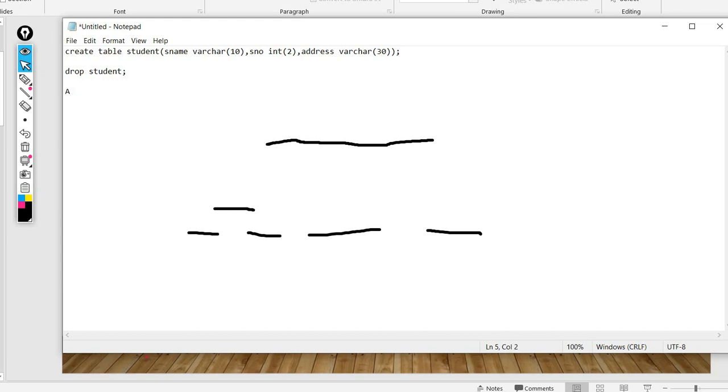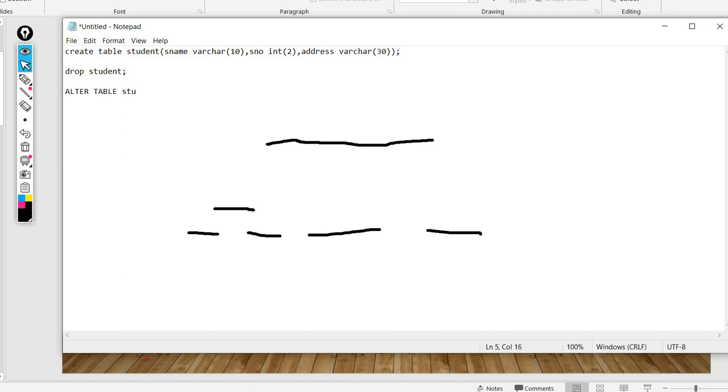Okay, I'm giving alter table. So I'll give this in the uppercase. We have to give this in the uppercase. Alter table name, I'm giving student here.